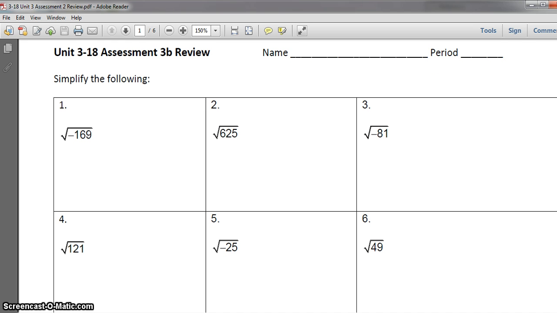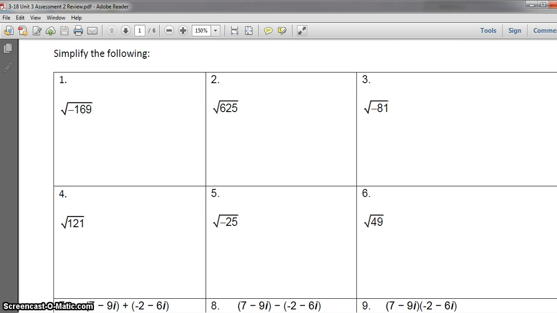For my pre-AP class, remember you can always use the calculator only on word problems that have really big numbers, or discriminants, or the quadratic formula. Now for numbers like this, you cannot use the calculator. My academic class, you can use the calculator whenever you want to. So let's work on